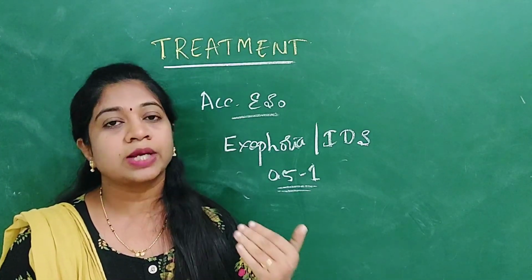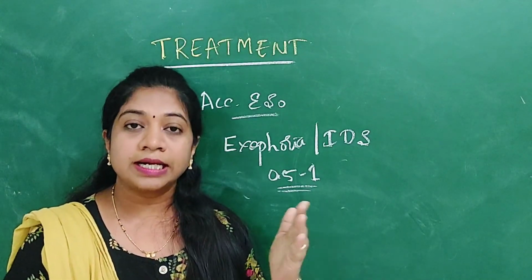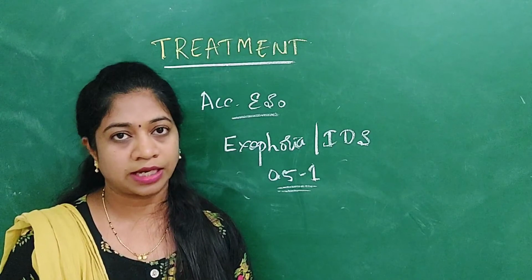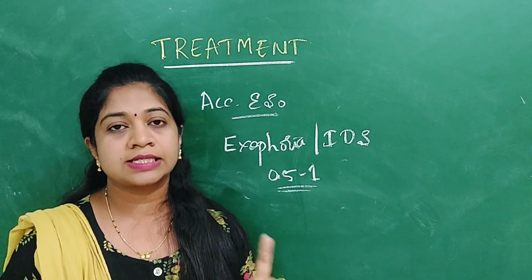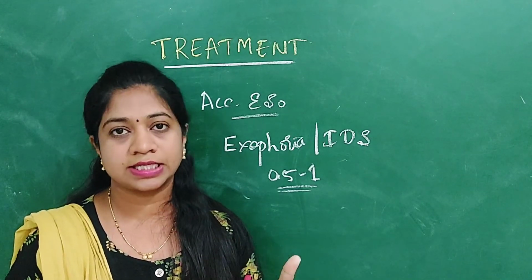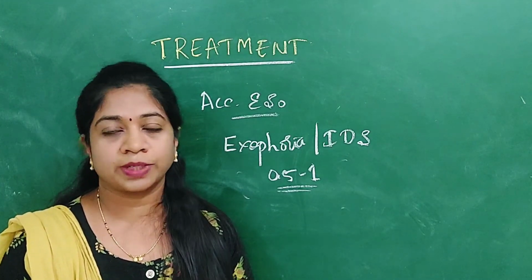So how frequently should you do refraction in hypermetropic patients? As the child grows, the eyeball will also grow, so there can be changes in the hypermetropia. There can be decreased dioptric power of the eyeball. So you should do refraction at least once in 6 months and see that the number is the same, or if it has changed, you should change the glass. And in adults, you can give the manifest hypermetropic correction completely.